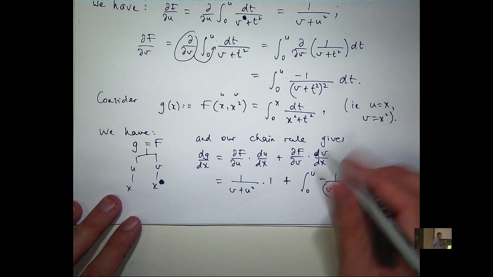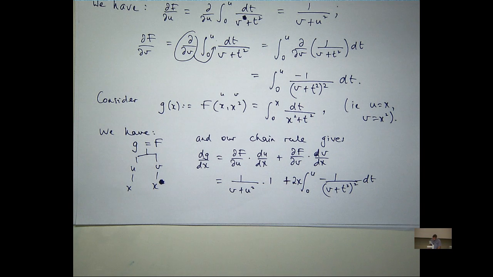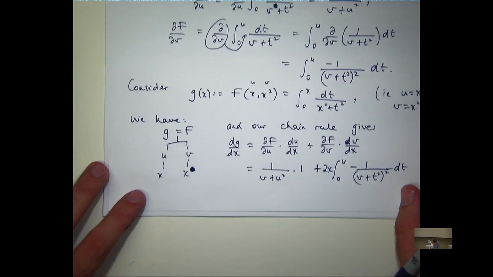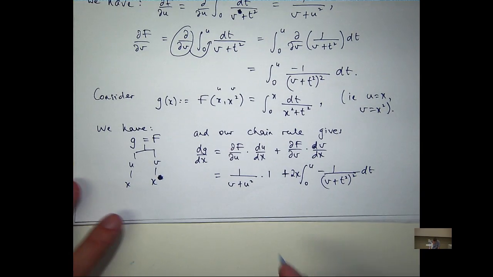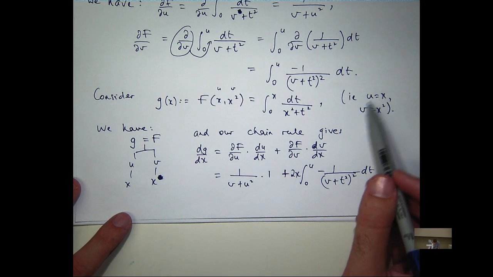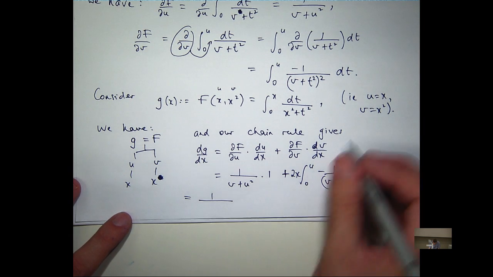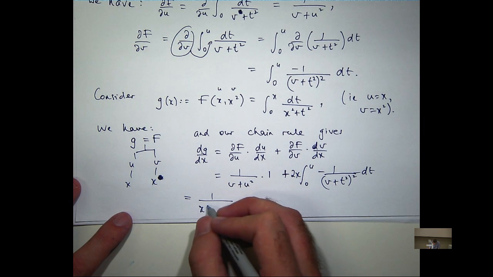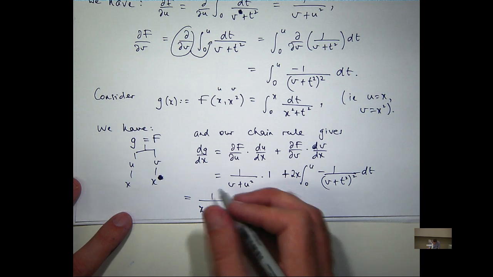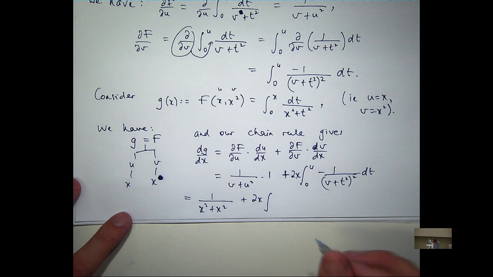So, and I'm timesing this by 2x, so let's put the 2x in there. So all I'd like to do now is possibly do a little bit of simplification. If I want to, I can get everything in terms of x just by subbing out for the u and the v. So I'm going to get 1 on 2x squared. So plus 2x integral